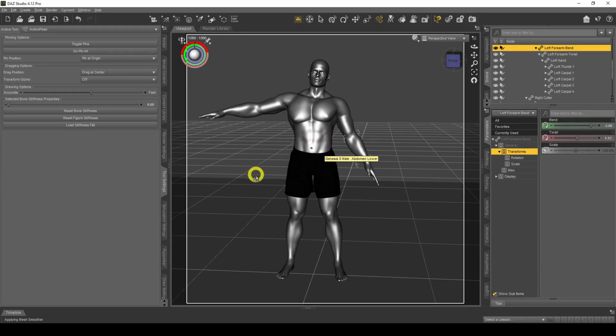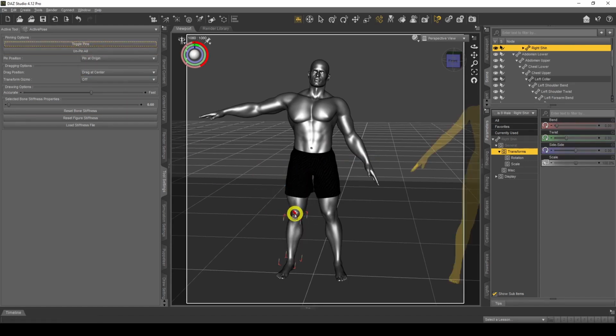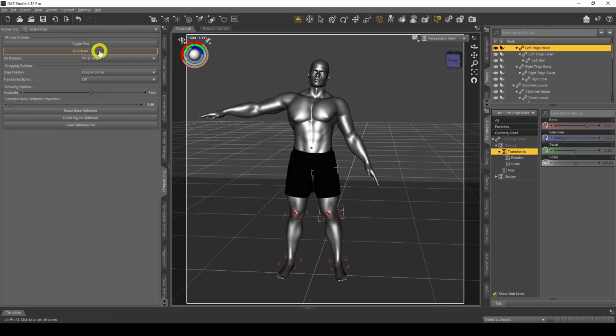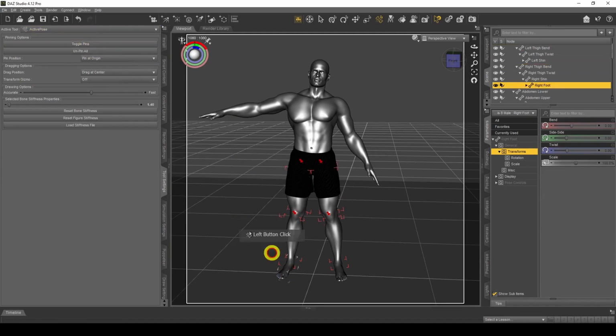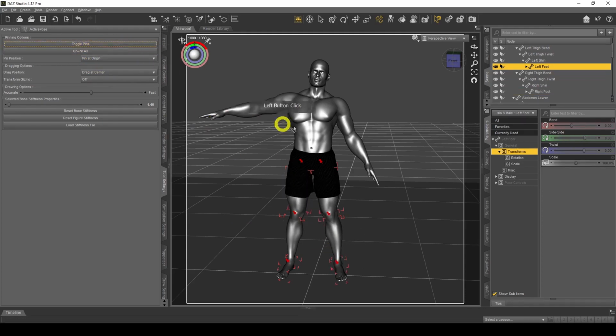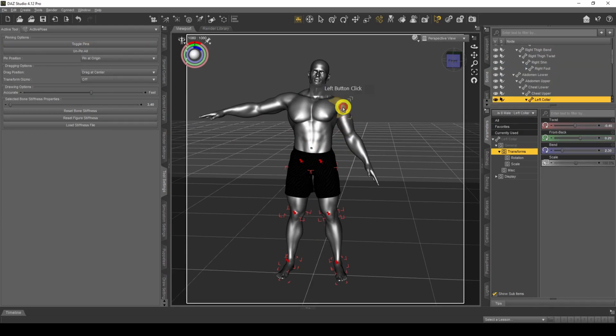What you can do is pin certain areas down. If I didn't want the legs to move at all, I click on the leg and do toggle pins, and there's a pin now on this section of the bone. Toggle this as well, this section of the bone is pinned down. This section here, I could pin that down. I don't want that to move. I'm pinning things down. I don't want the foot to move at all, pinning that down as well. I don't want this foot to move either. Pin that. This area here, for example, if I didn't want this shoulder joint to move,